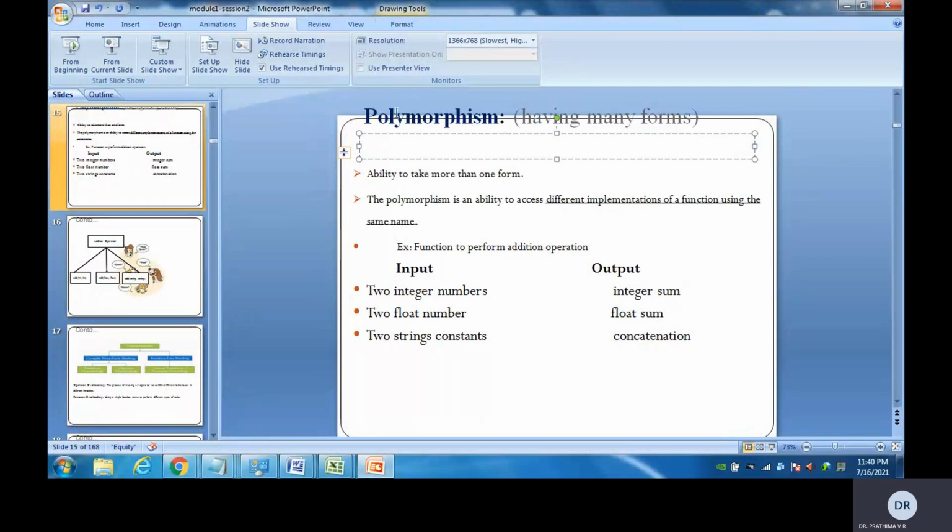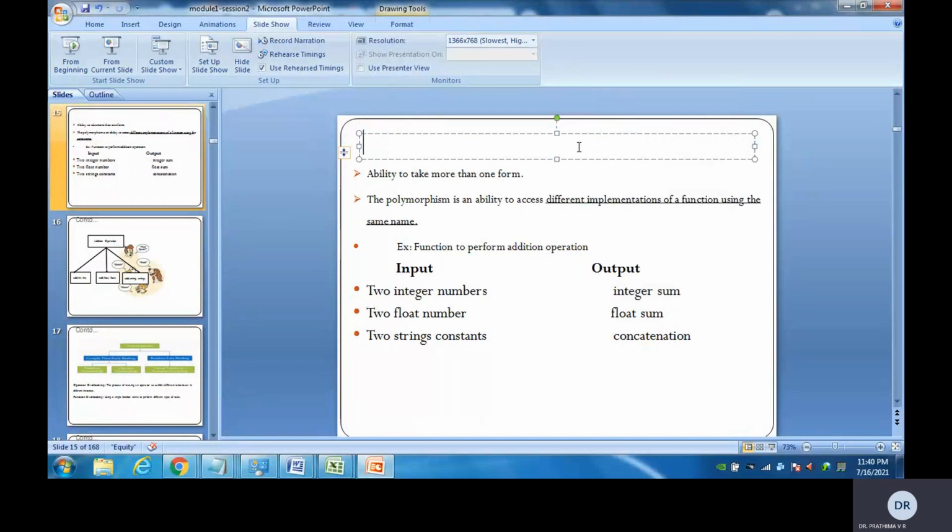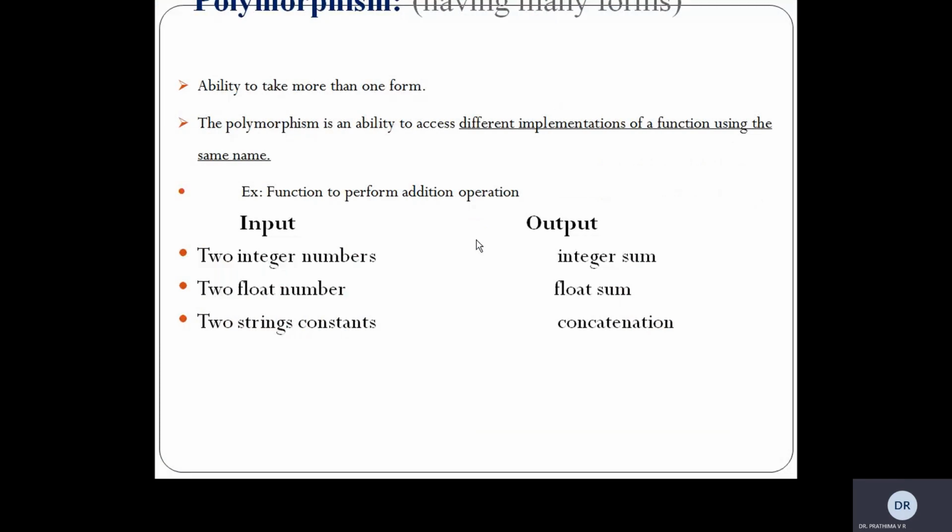The basic feature of polymorphism is being adopted from the system to that of a value which we are defining. Polymorphism defines the ability to take more than one form. And this is the kind of feature which will have different implementations of a function referring to